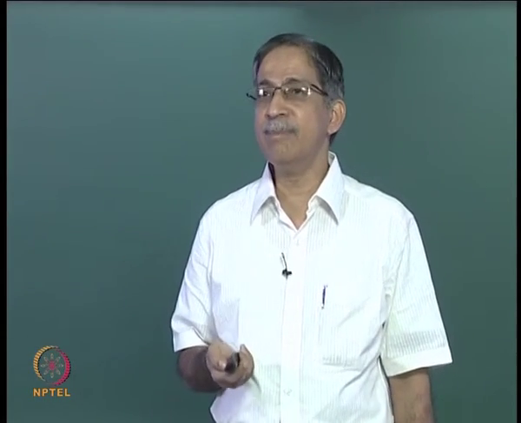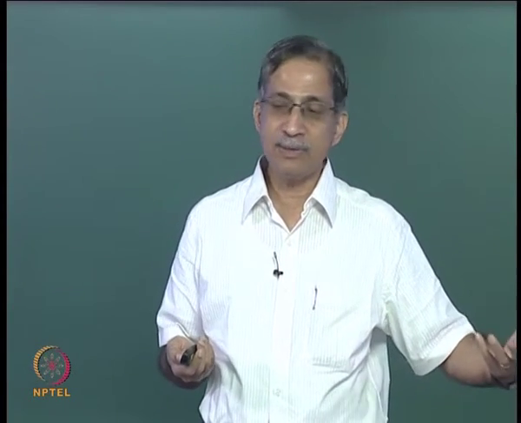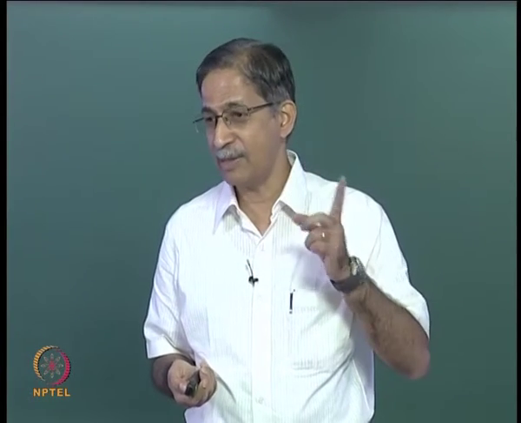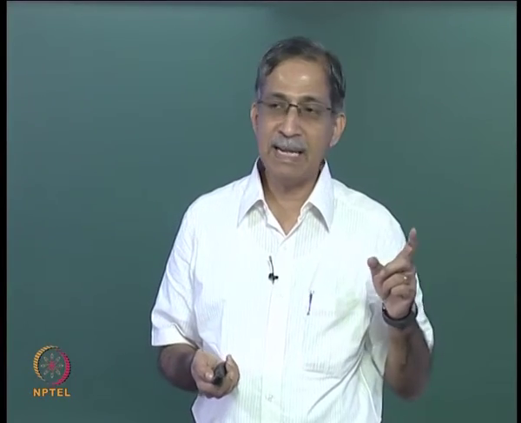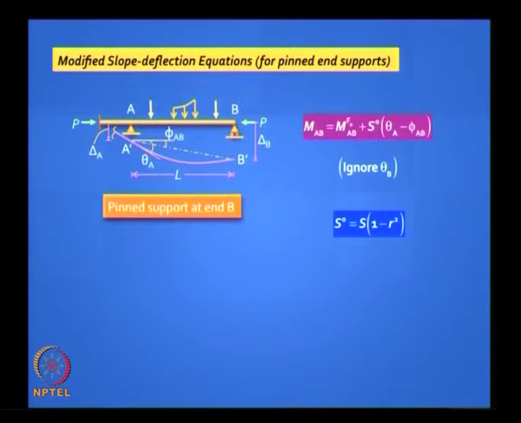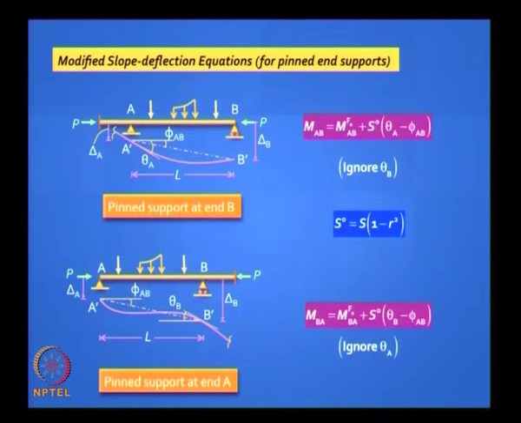If here for example you can ignore theta b, remember? So instead of 4 EI by L we use 3 EI by L. Now instead of 3 EI by L we use S naught. So we replace capital S in the previous slope deflection equations with S naught, and the chord rotation behavior is similar. And if you have the hinge at the left end A, then you have a similar set of equations. Remember the fixed end moments will also be a little different when you have axial force coming into play, and we need equations to help us solve those.